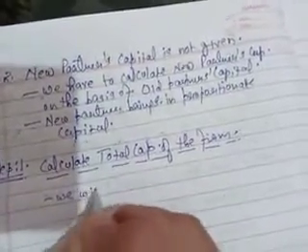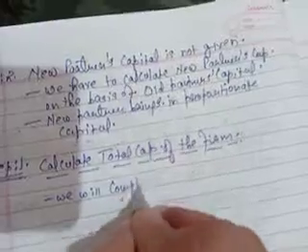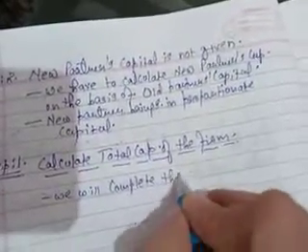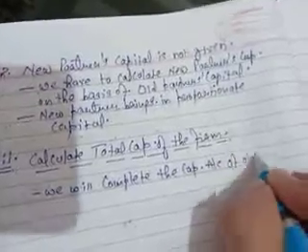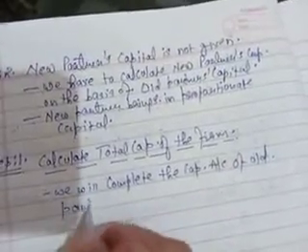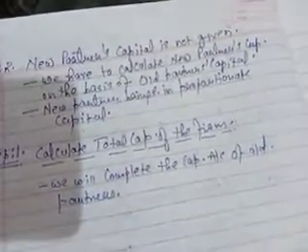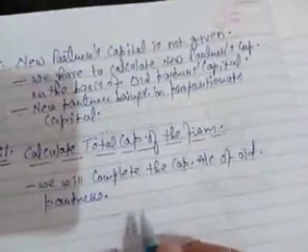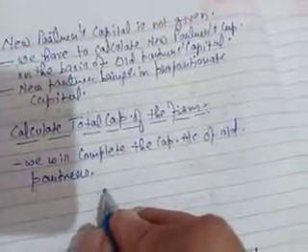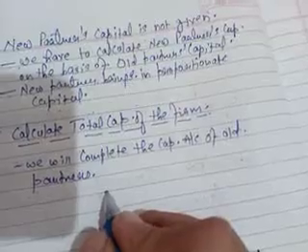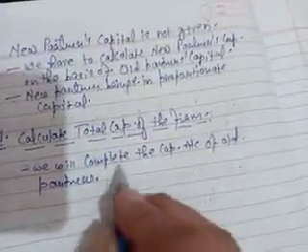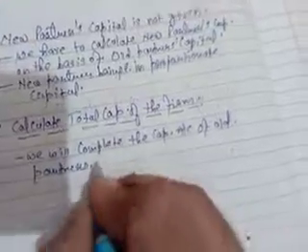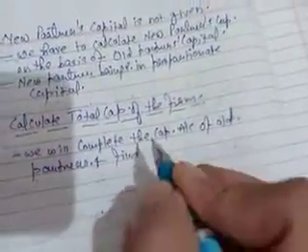We will complete the capital accounts of old partners. That means we will post all the entries regarding goodwill, revaluation, premium, general reserve, etc. in the old partners' capital accounts, and we will complete them and find out